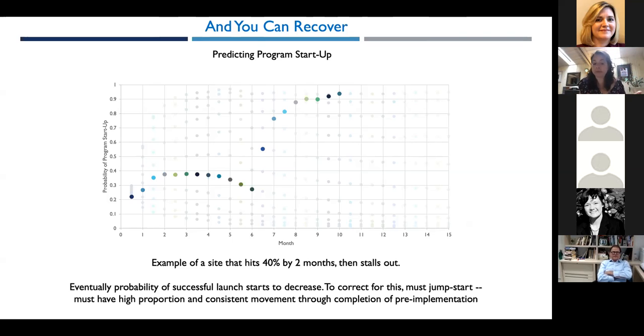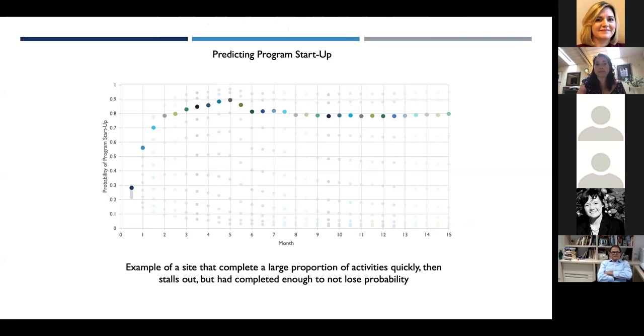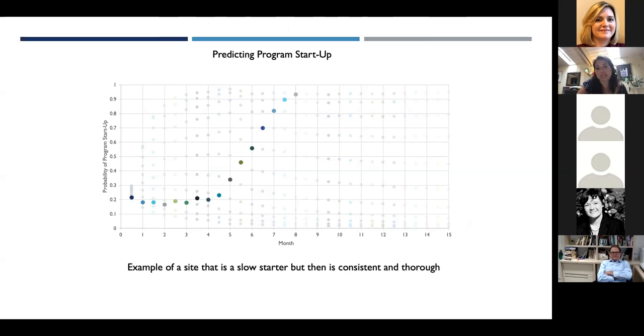However, you can recover. We've learned from our data that you can recover from these experiences, but if you do so, it means that you have to do more and you have to do it at a heftier pace. So this is another example of a team that ends up being successful. We then have the team that starts off like gangbusters and then kind of stalls out, but they have done so much so well so soon that they maintain effectiveness. And then we have the team that starts off really slow, kind of dragging, but they too, if given the right rate, pace and quality of activities, are able to achieve success.